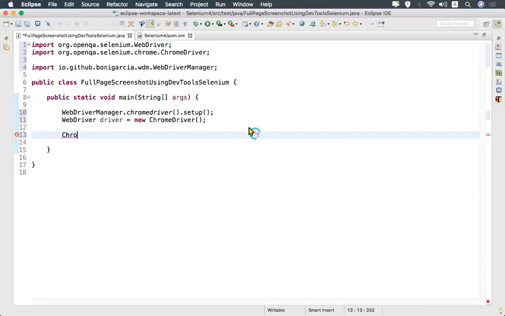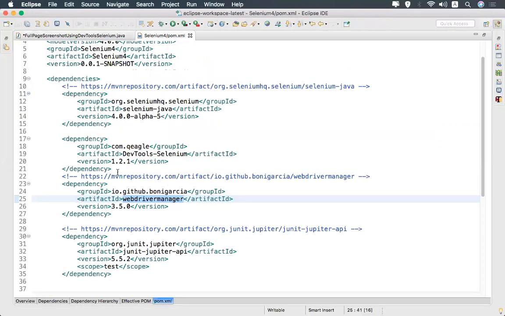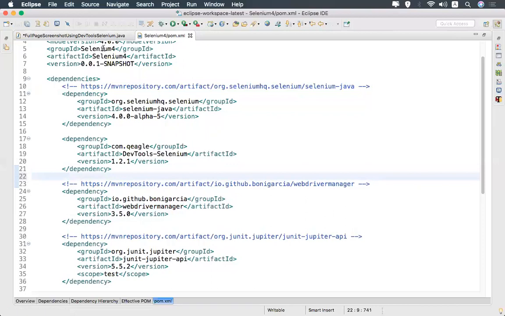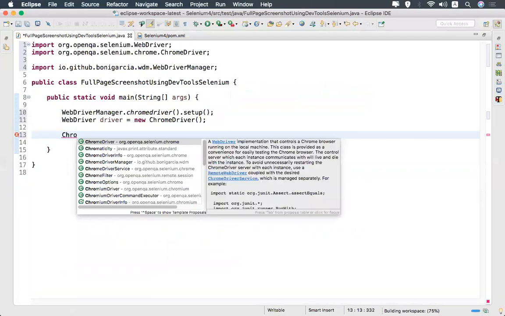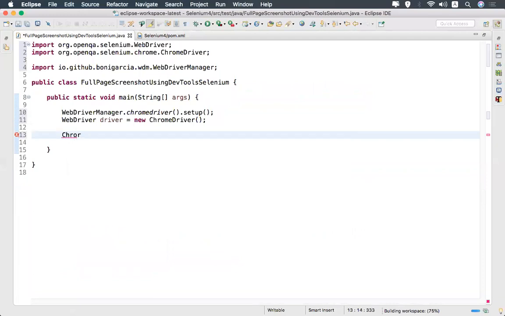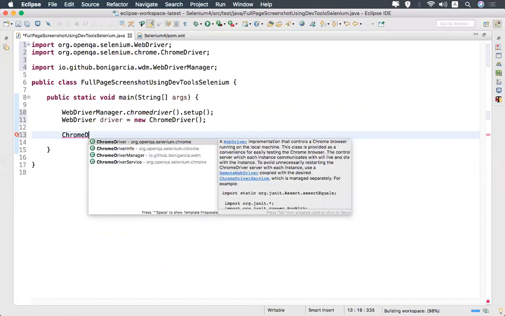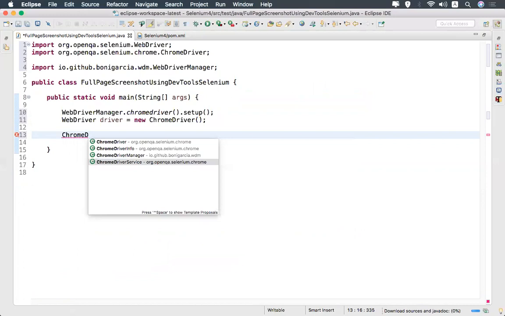I think it added. So let me check again. No, it's not showing.